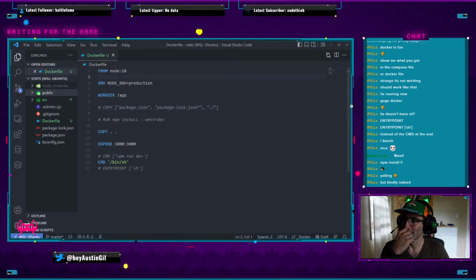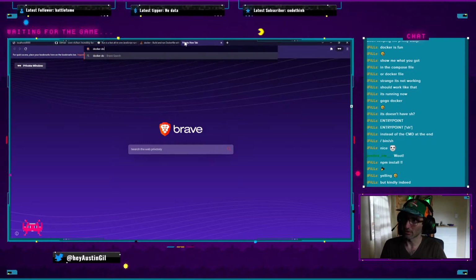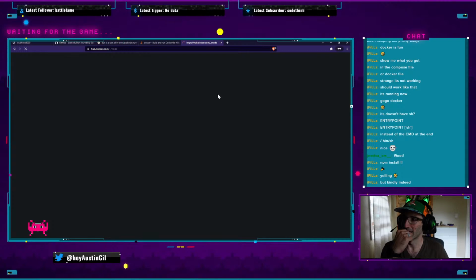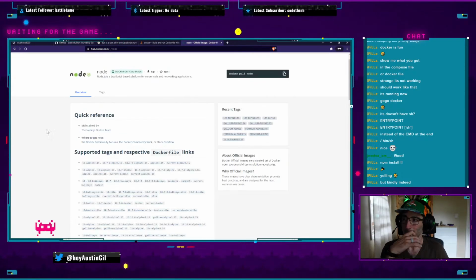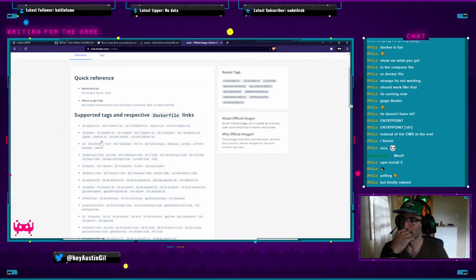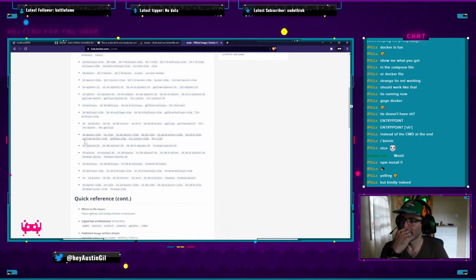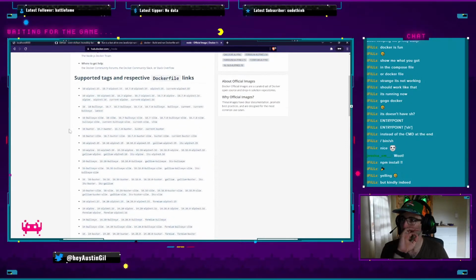And the problem may be that we're using some weird sort of arcane version of Node. So let's see, Docker Node. I think what I want is Node 18, but I may just need an Ubuntu image, which is going to be larger, but is going to have, what is Bullseye? Buster, Slim, ugh. Okay. I want Node version 18. I don't want Alpine. I don't know what Bullseye is,